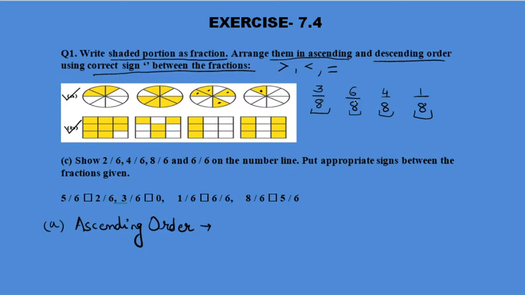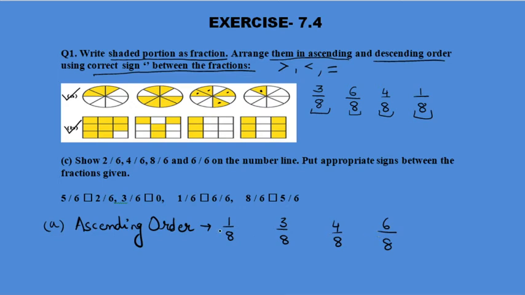In these fractions, किसका numerator सबसे ज़्यादा greater है? 6 by 8 का. So 6 is greater in all the fractions. So 6 by 8 is the greatest fraction. Then 4 by 8, then 3 by 8, then 1 by 8 is the smallest. So here we are writing the ascending order. The smallest कौन सा है? 1 by 8 is the smallest. After this 3 by 8, after this 4 by 8, and lastly 6 by 8 is the greatest.